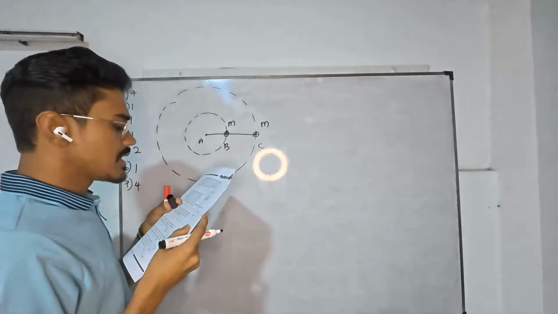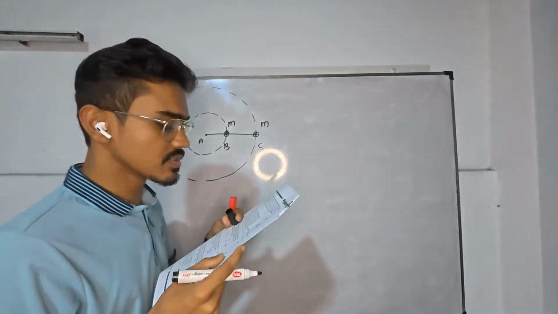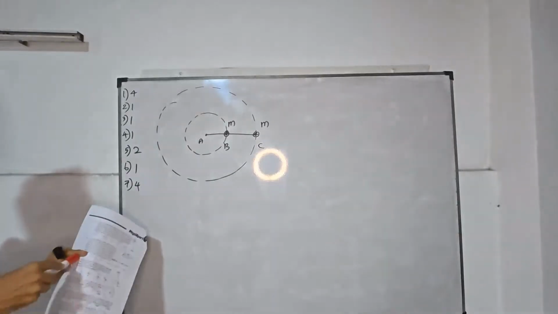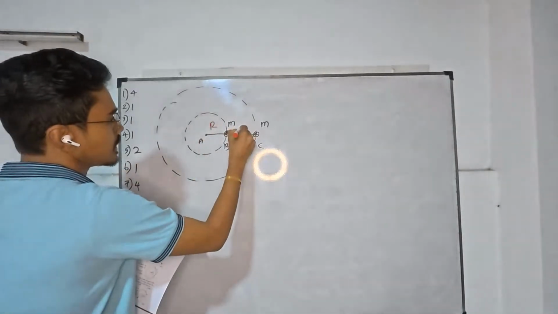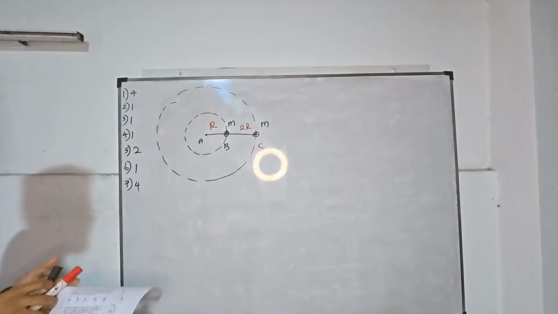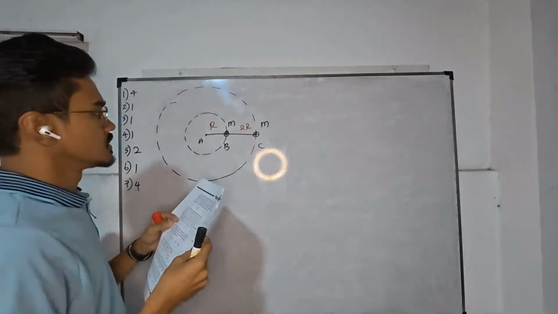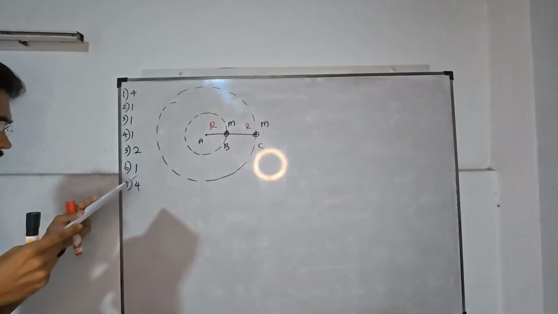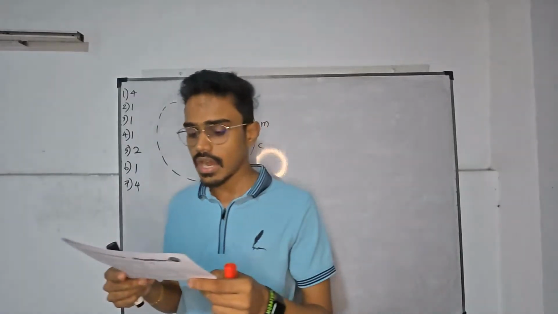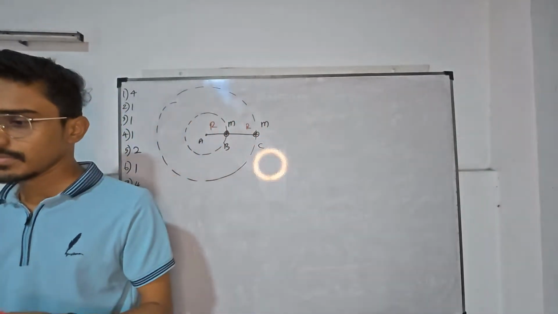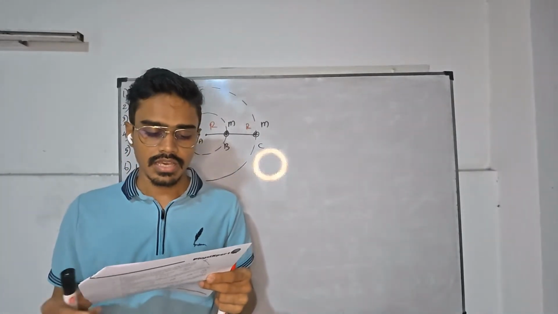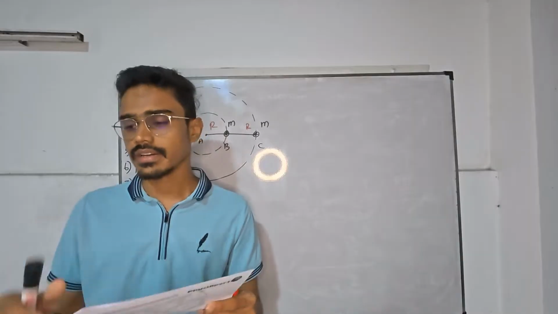With another light string AB as shown in the figure, the masses are then made to move in horizontal circular paths of radii R and 2R. So this is R and this radius is 2R. Total is 2R, otherwise only this part is R. With the same angular speed, so that points A, B, and C are always in a straight line. If T1 and T2 are the tensions of strings BC and AB respectively, then